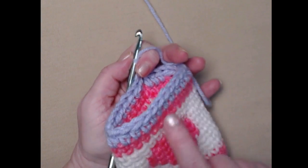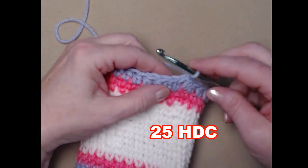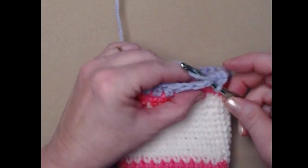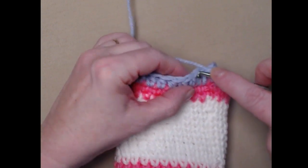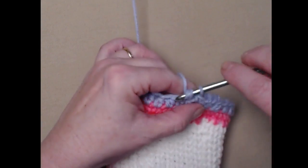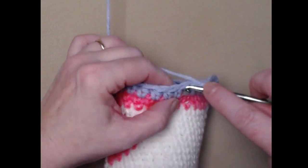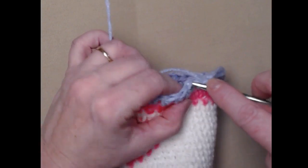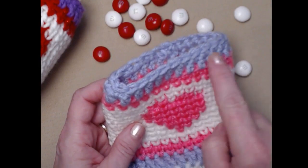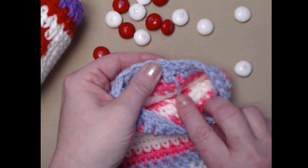I completed that row of 1/2 double crochets, and now we're going to do the last row, and it's just a simple single crochet in each stitch around, and we're not stitching in the center, we're stitching in those 2 loops that we normally do. So 1 single crochet in each of the 1/2 double crochets around. I've completed that last row of single crochets, and I joined, brought my yarn to the inside, and I do